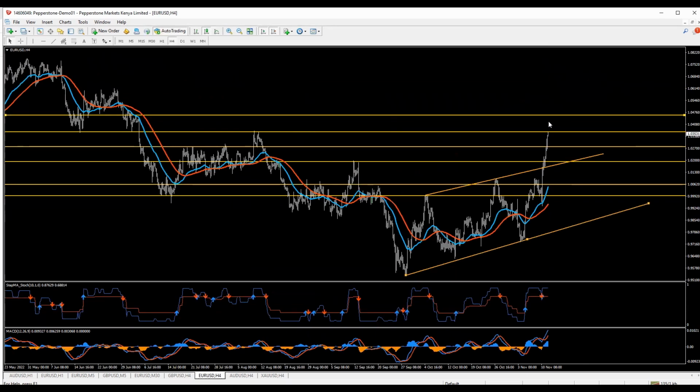Here we can see a massive increase over the course of the latter part of last week, especially Friday. Again, price was moving along a series of higher highs, higher lows, and broke through the channel and then broke through two very important levels, in quick succession. That was the 1.02 level here, and also another level here at around 1.028, and now is just sitting at the cusp of breaking through another level,